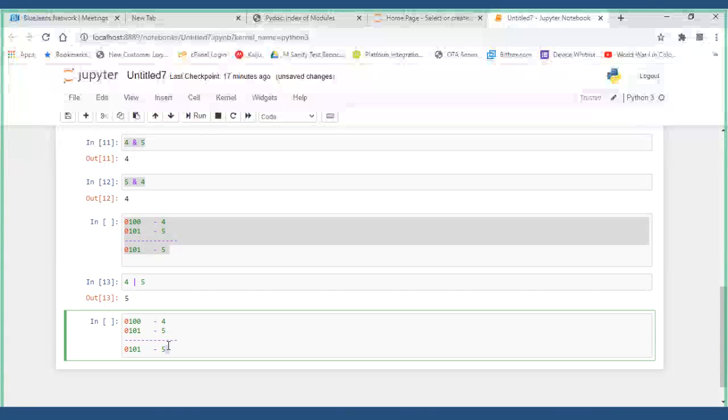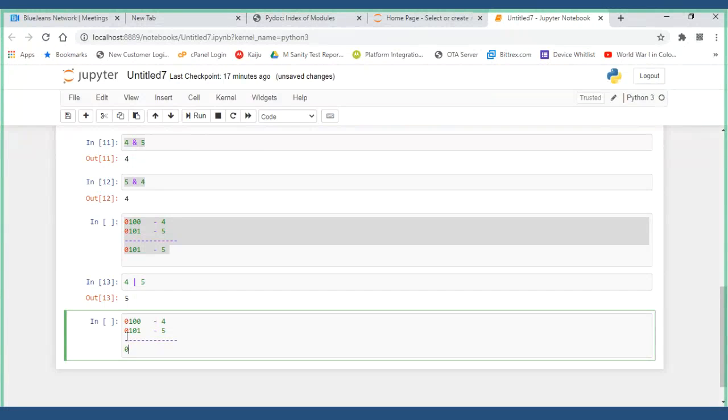Now, you tell me 0, 0. Are both bits the same or different? Same. What will we get? 0. For 1, 0, both bits are different, so we will get 1. Both should be different.